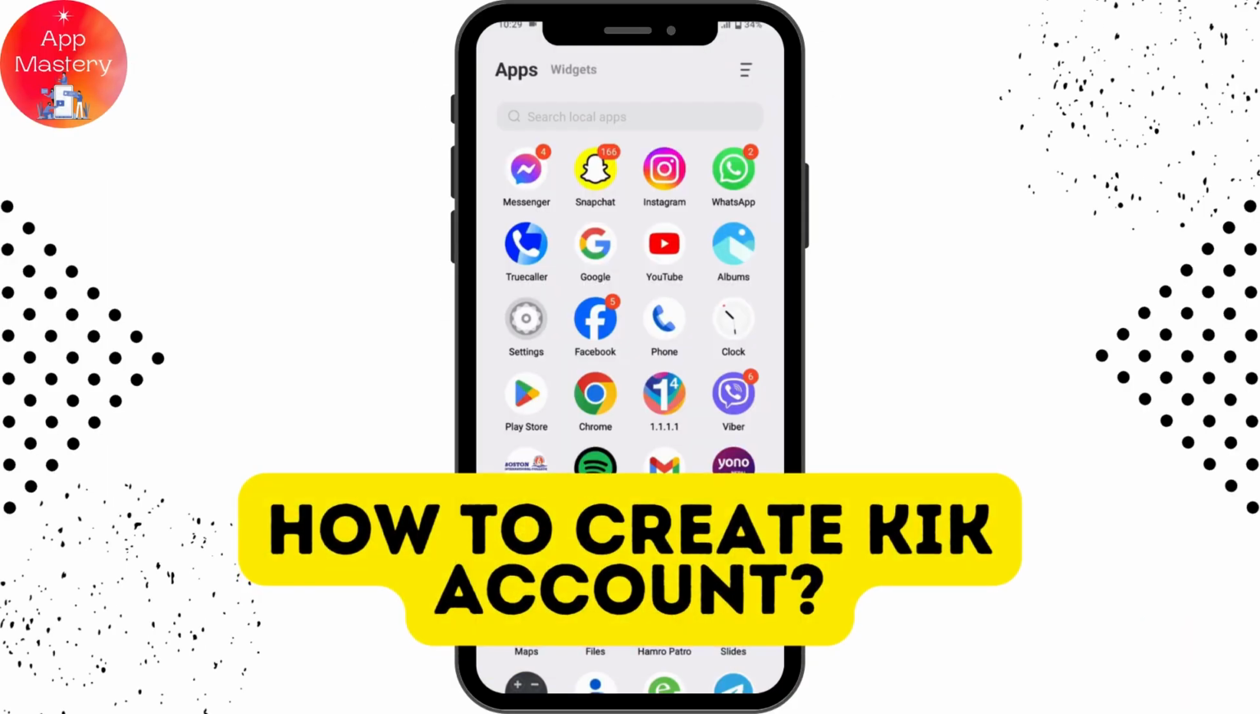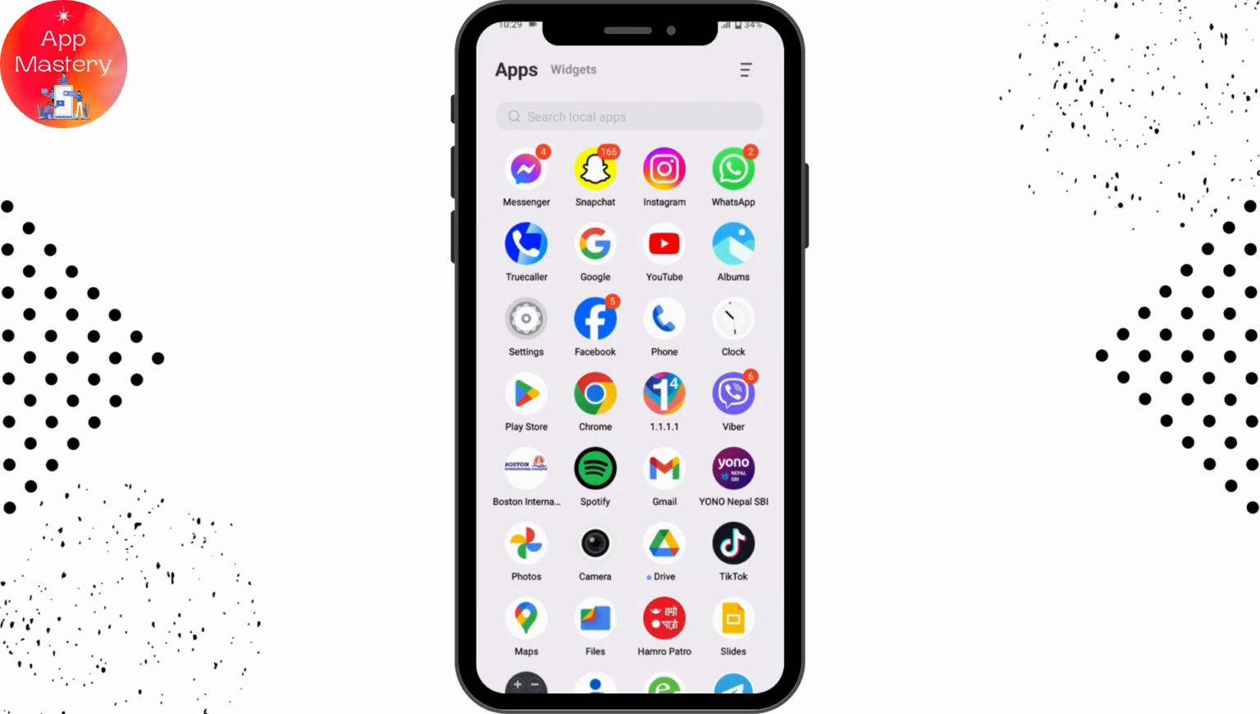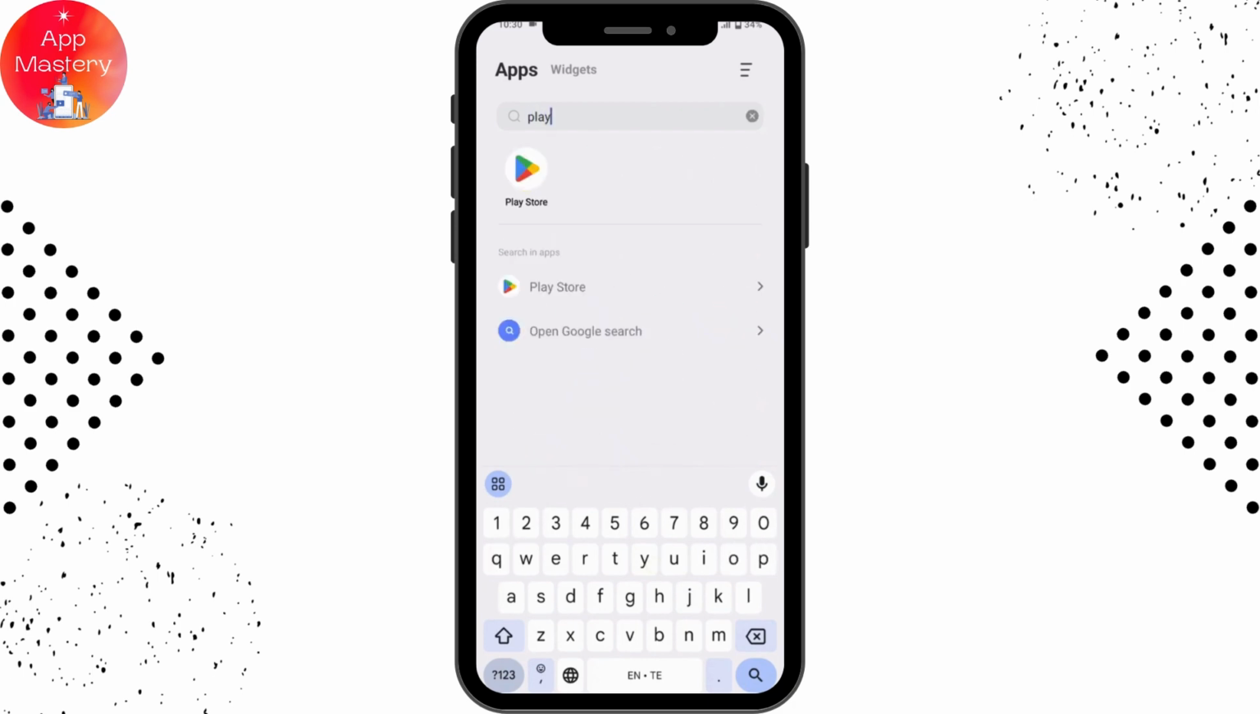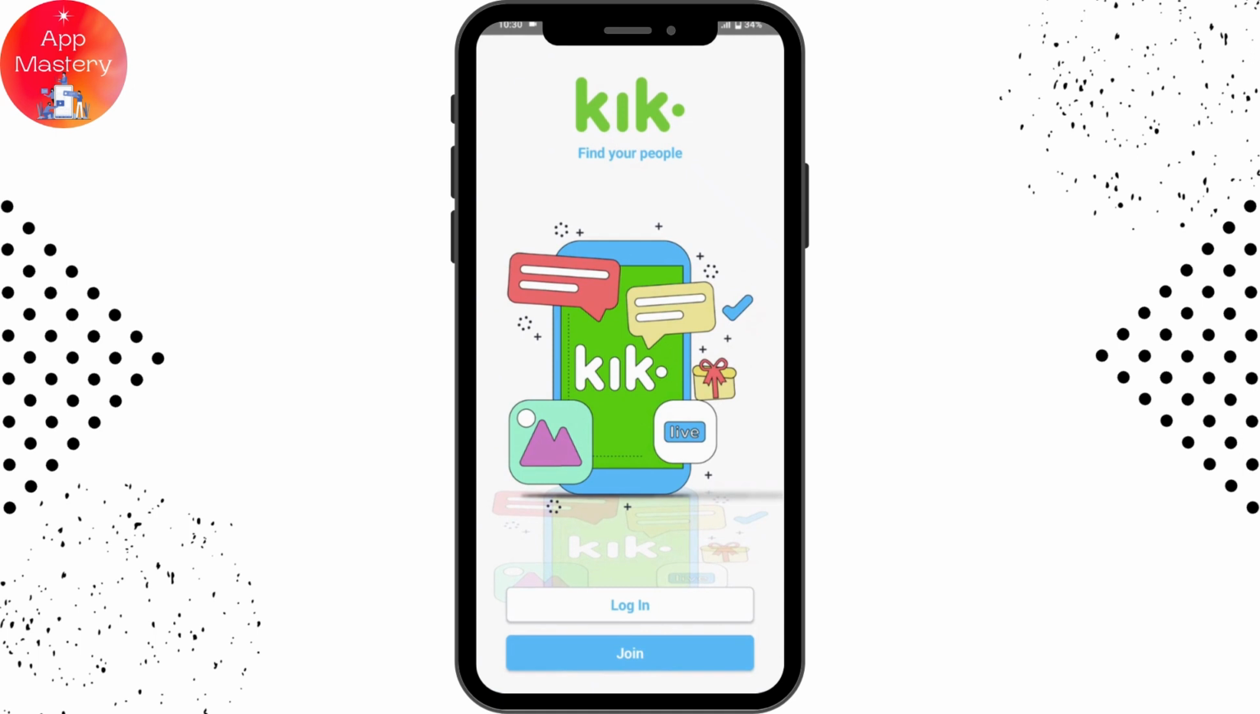How to create Kik account. So if you want to create a Kik account, then first you need to install the application from your Play Store or your App Store. Simply open that, and here you will have this application. So you need to install this application, and once you've installed, you can go for open, and here it will